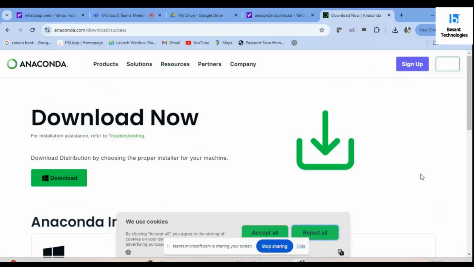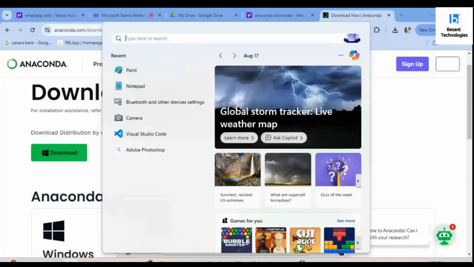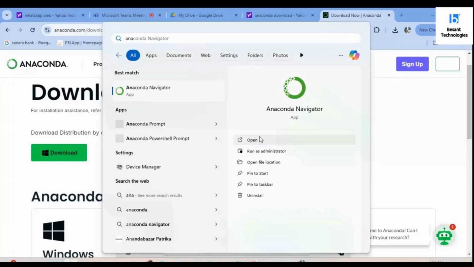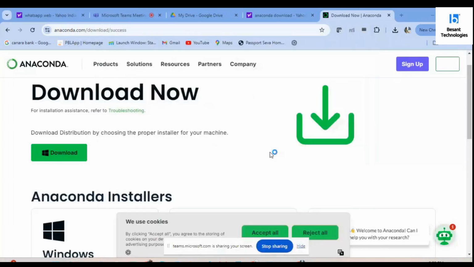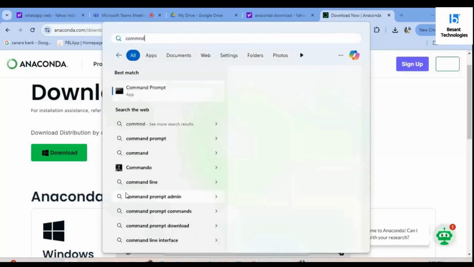Just download it, and once downloaded, it will look like this: Anaconda Navigator. If you open that, you have multiple applications inside Anaconda. You just need to install Jupyter there, and you are good to go. You just need to do some configurations, like installing PySpark and all. I'll show you that tomorrow, maybe simply,